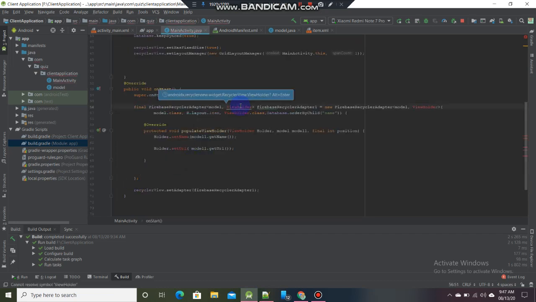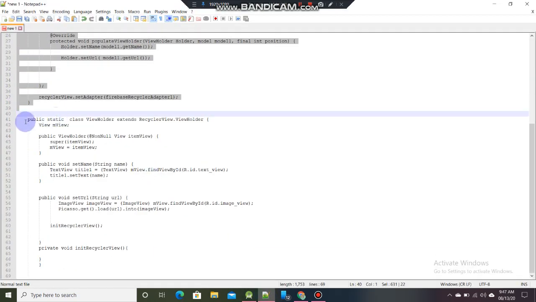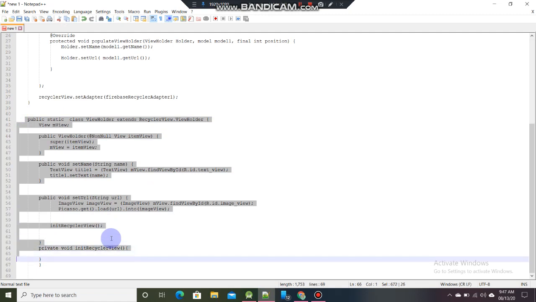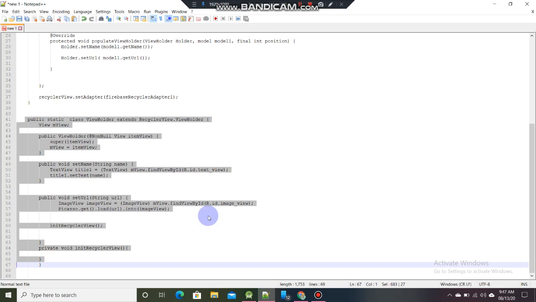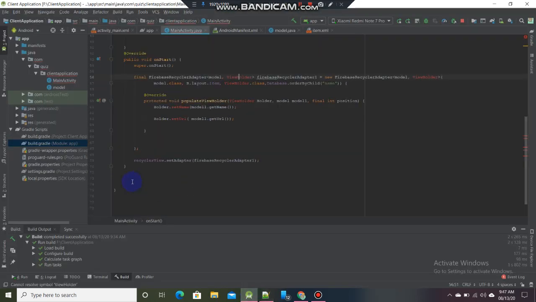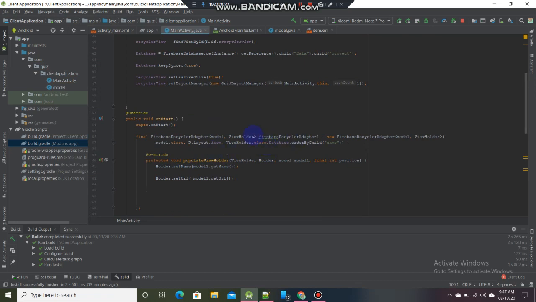Import the classes for view holder. Sorry, one minute. Copy the view holder class from here. And paste. So you can see our error has been solved.